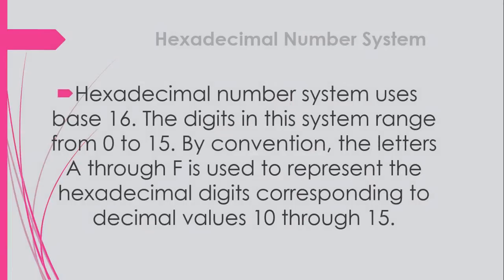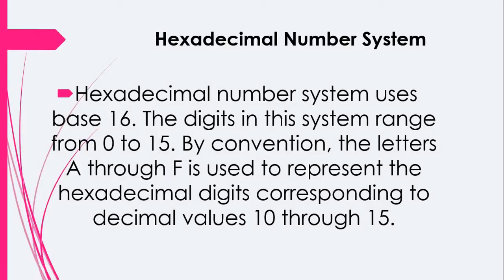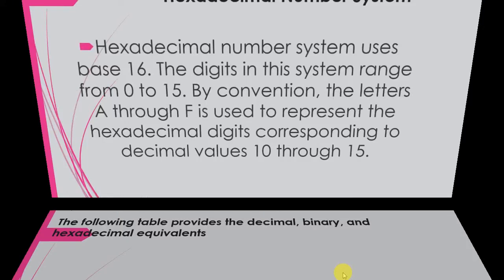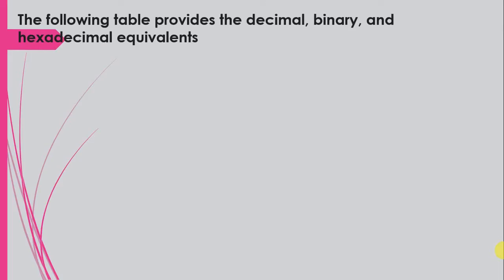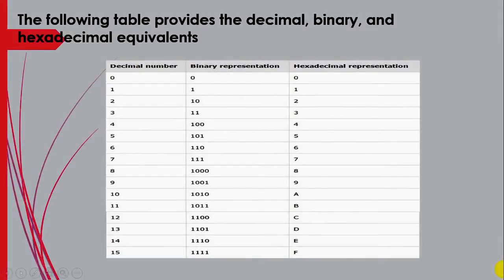The hexadecimal number system uses base 16. The digits in this system range from 0 to 15. By convention, the letters A through F are used, corresponding to decimal values 10 through 15. Hexadecimal numbers in computing are used for abbreviating binary representations. Basically, the hexadecimal number system represents binary data by dividing each byte in half and expressing the value of each half-byte. The following table provides